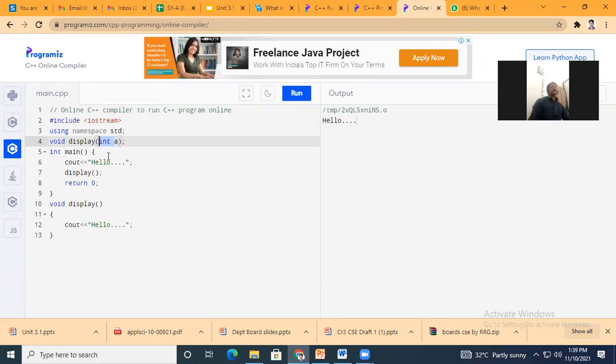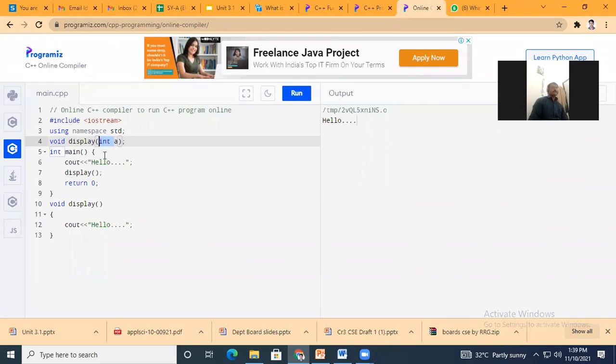The variable type. Variable of which type? It may be of integer, character, float, or double. If you have not written the name of variable, that is also fine, but make sure you have written the data type of that variable in the parameter or argument section.